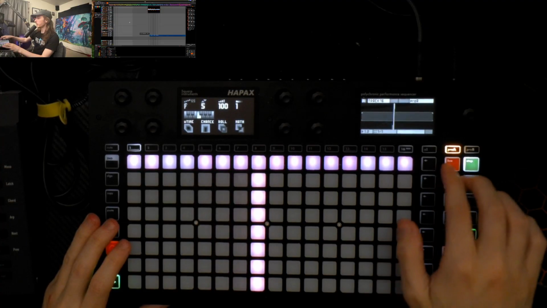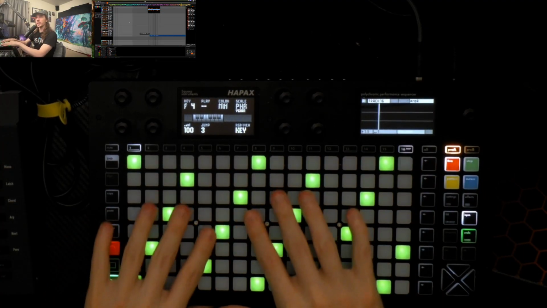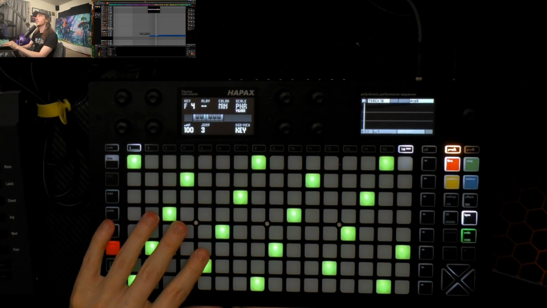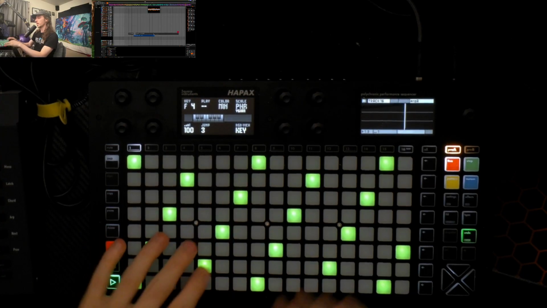Then we can go back to the live here and start to play that same note and the same things over this, but perhaps change the key or change the